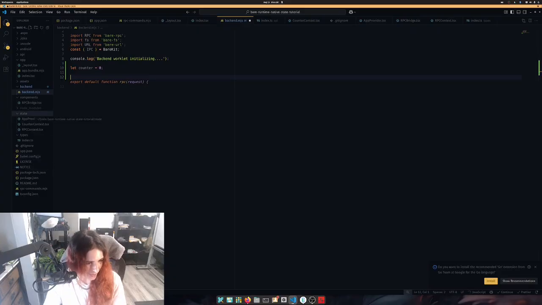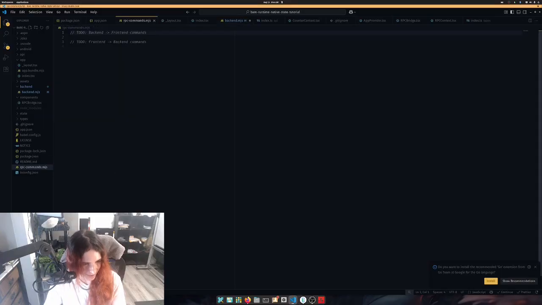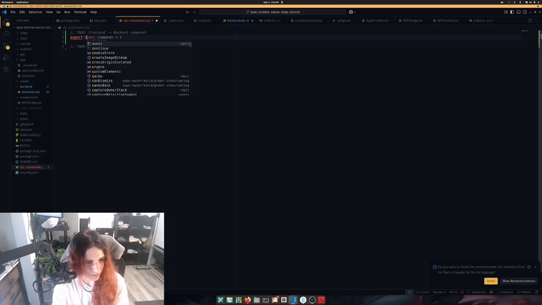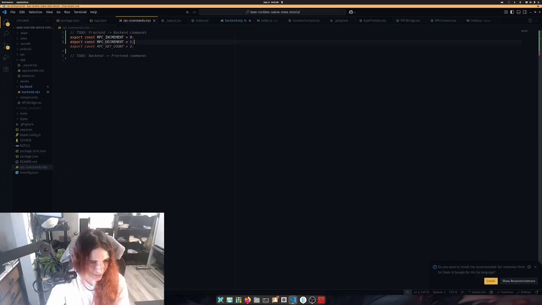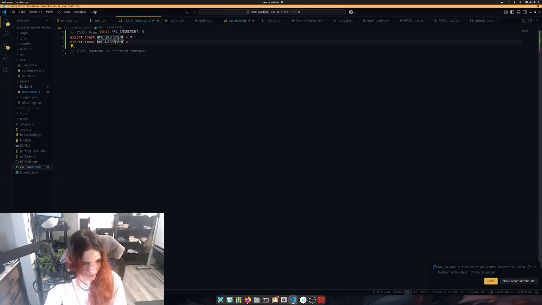So we're going to go into here. Just to keep these things in the same places, we have a separate file that's just called RPC commands. So we're going to do export const RPC increment, which is a command we're going to be sending from the front end, and then decrement. So these are basically going to be connected to the 2 buttons on the front end,